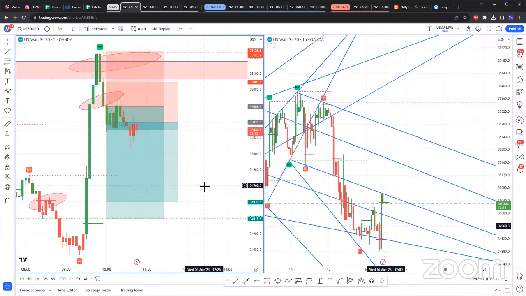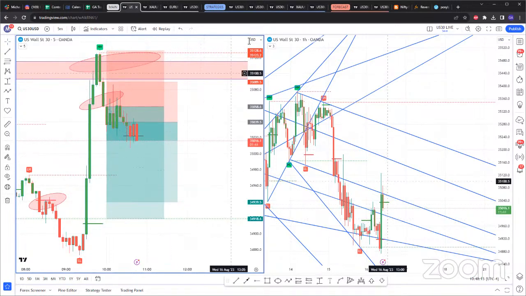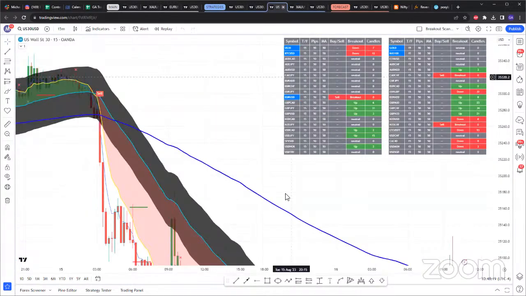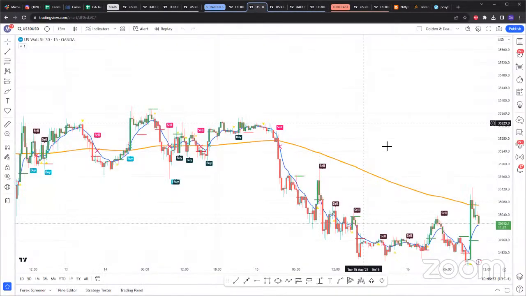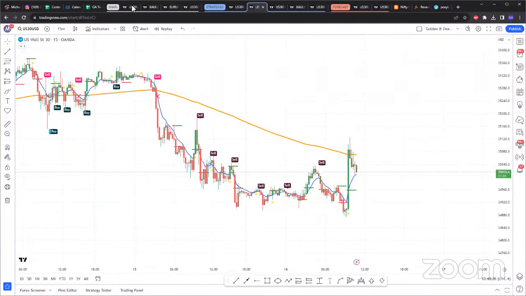But the key will always be backtesting and finding what strategy works for you, because the way I trade is not the way other people trade. There are people out there who are scalping. So my strategy might not line up with theirs, but the idea here is that we all have the same strategies available to us. So it's just finding what works for your particular strategy and sticking to it. Whether you're scalping, swinging, or intraday trading, the principles of the SAR, of the breakout scanner, of the reversal, all of these principles still remain the same. The question is how your risk management and your stops are.